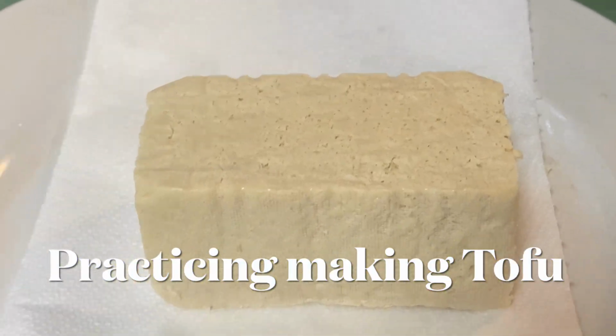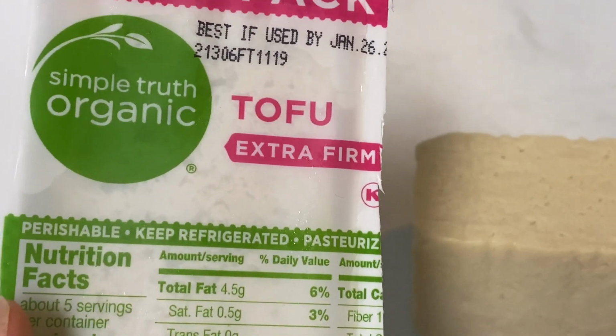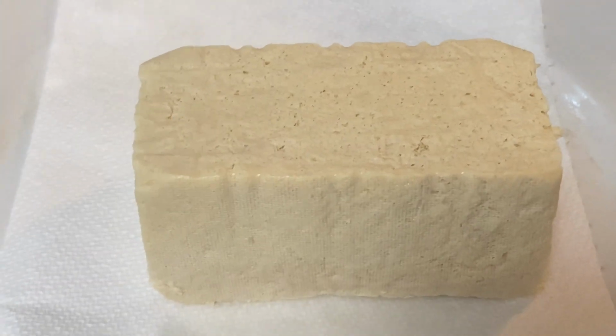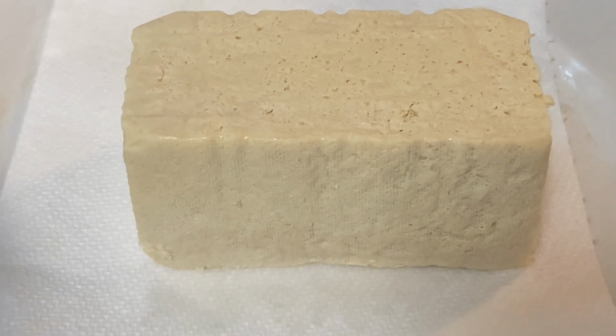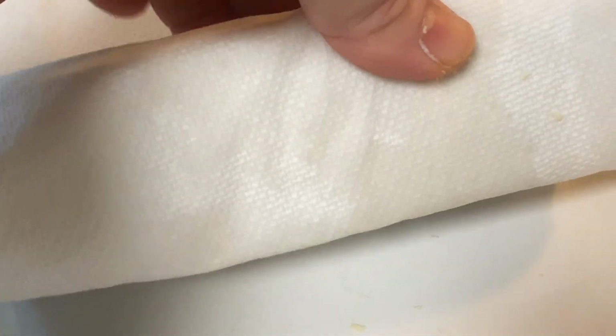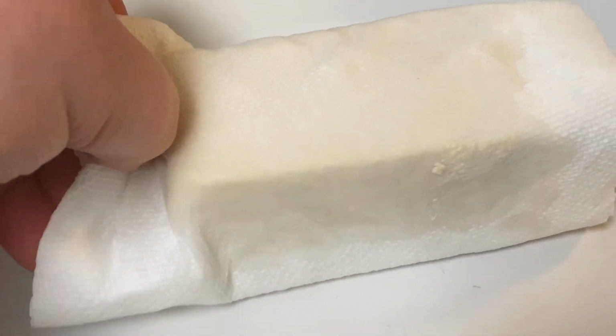Here is a piece of tofu. I had a twin pack of extra firm organic tofu that I got from Kroger, and I stored it in the freezer for a few months because freezing tofu helps to keep it even firmer. So today I'm gently wrapping this up, as tight as I can in the paper towel without smashing it. And then I'm squeezing it gently and squeezing as much of the excess liquid out